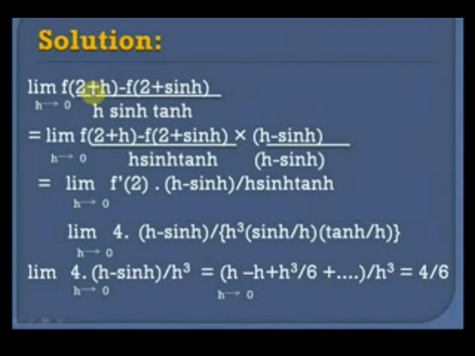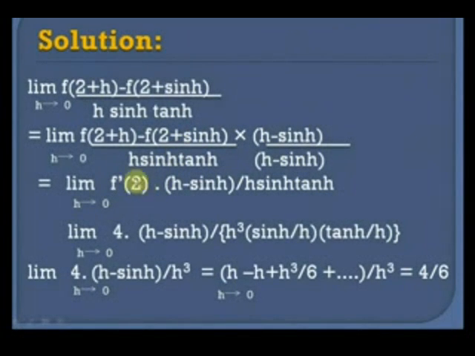Now here we see that a is equal to 2, and so f dash 2 is equal to 4. Now here we are going to use property number 5, which we have just studied. What we do is we multiply and divide it by h minus sin h, because here we see that p of h is equal to h and g of h is equal to sin h. So we multiply it and divide it by p of h minus g of h. Now [f of 2 plus h minus f of 2 plus sin h] whole divided by h minus sin h would be nothing but equal to f dash 2.